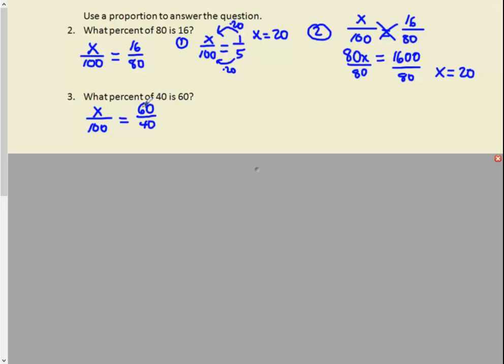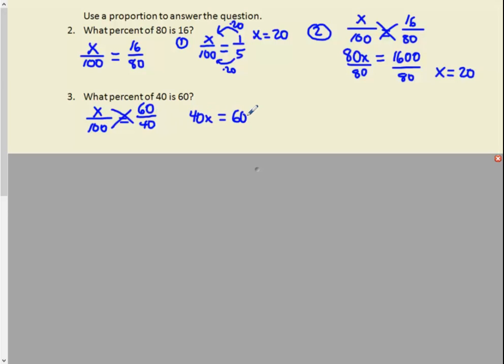Now notice here, the part is actually greater than the whole, or the part of the base is actually greater than the base itself, and that means we're going to end up with a percentage that's greater than 100. So if we go ahead and cross multiply, again you can simplify. 60 over 40 simplifies to 3 over 2, or you can just go ahead and cross multiply and get 40x